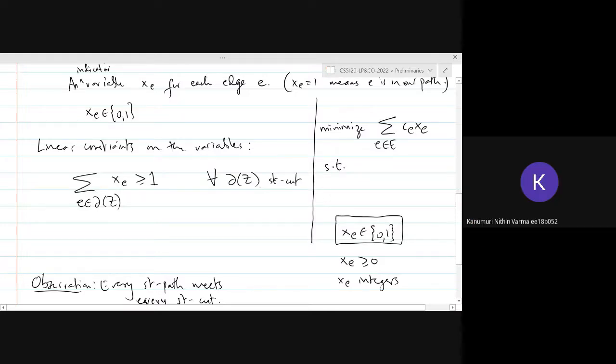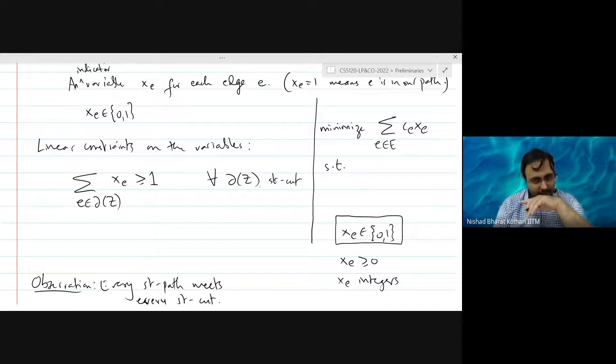So, one doubt: this is for all ST cuts, right? I mean, don't you have an exponential number of ST cuts? That's right. Is there an exponential number of them? Right, because for the vertex S, you can now choose as many other vertices. Yeah, there is an exponential number of these constraints. That is correct. Right. Turns out